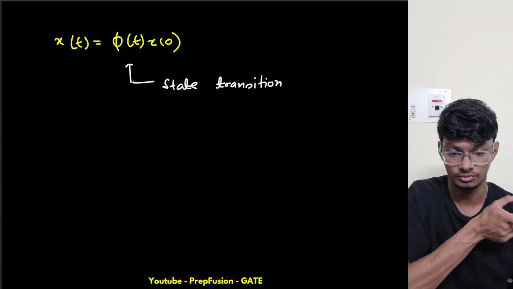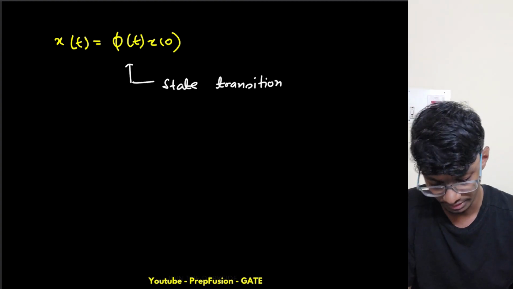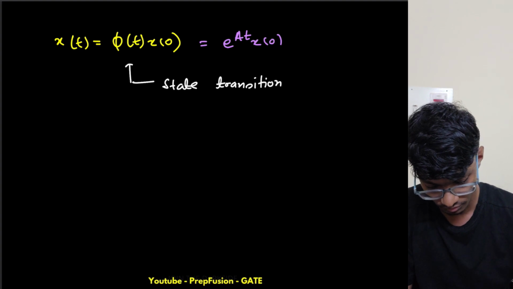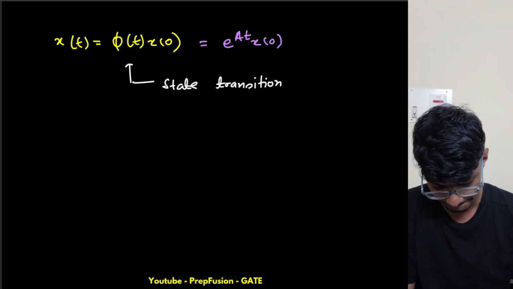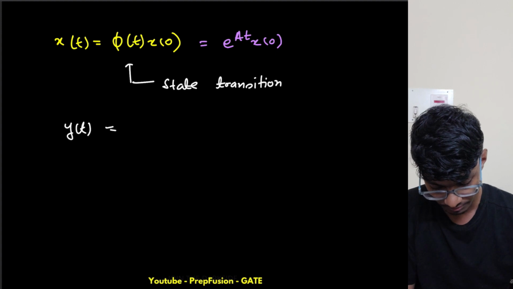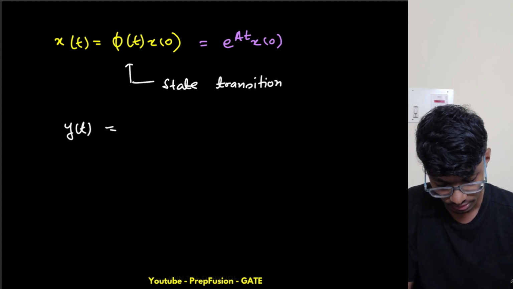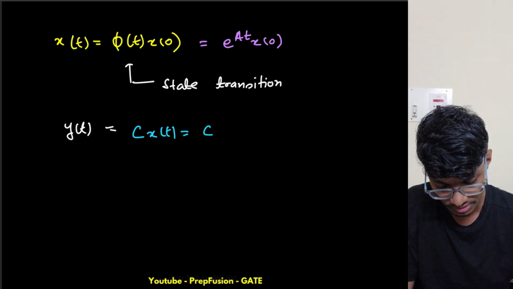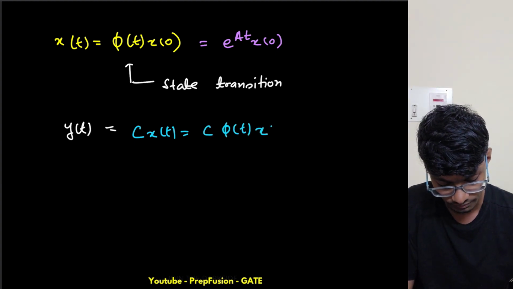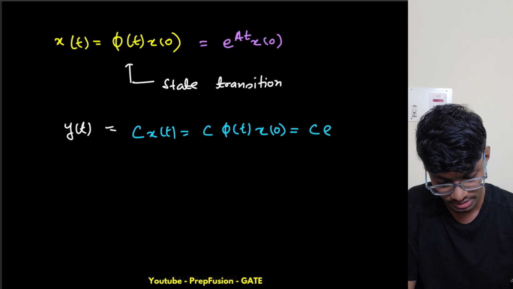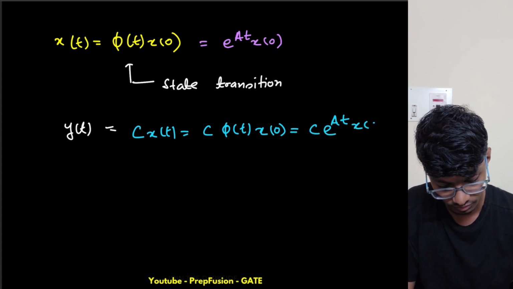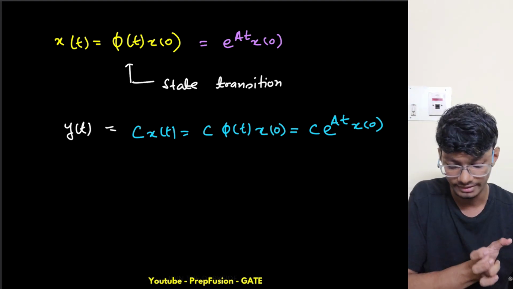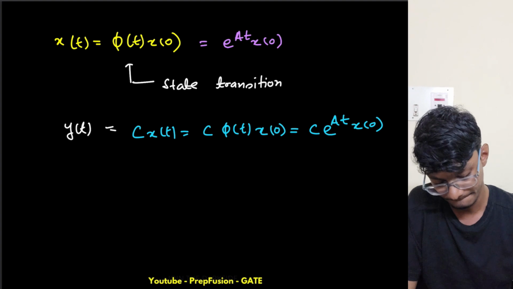Now, can I find the response? Finding the response is very simple. This is e raised to power At into x of 0, and what is my y of t? y of t is simply C times x of t. Now what is x of t? x of t is phi of t into x of 0, or this is e raised to power At into x of 0. All these things I can write, and all the equations are valid